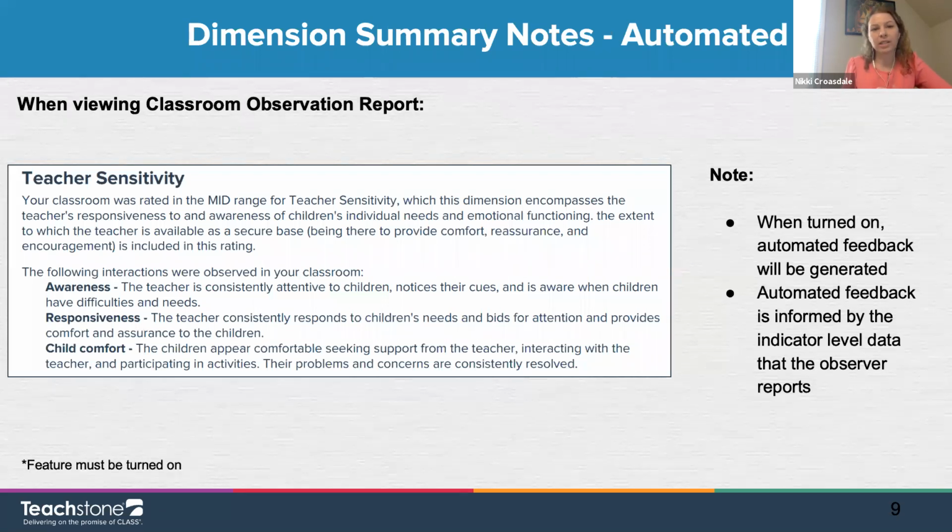It also creates workflow efficiencies, because it is less of a lift on the part of the observer or anybody that needs to review observation data before it gets finalized. Sure, on a large scale, I could see that. So great uses for that. And again, the feature must be turned on, so it's a good conversation to have with the admin before you start your entry into the observation. Yes. Right.